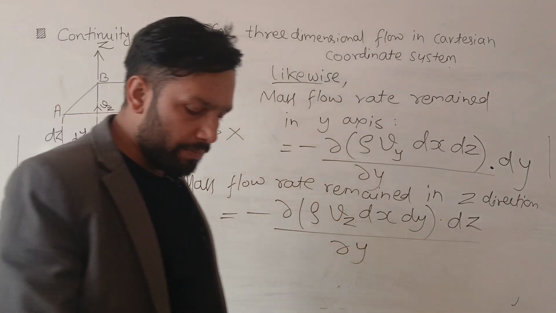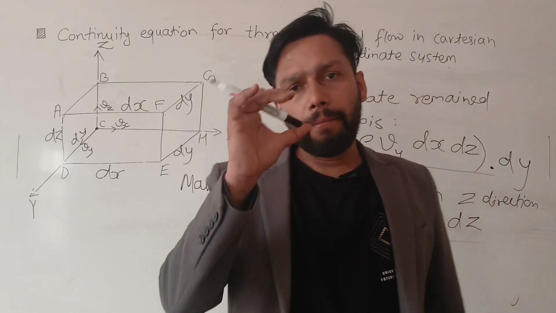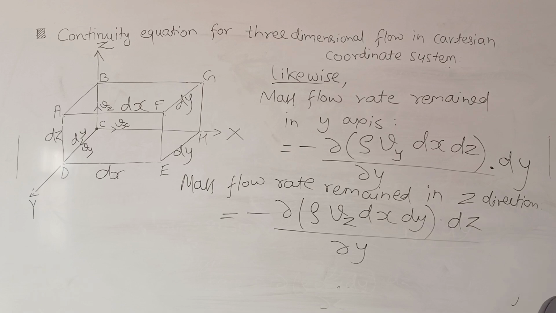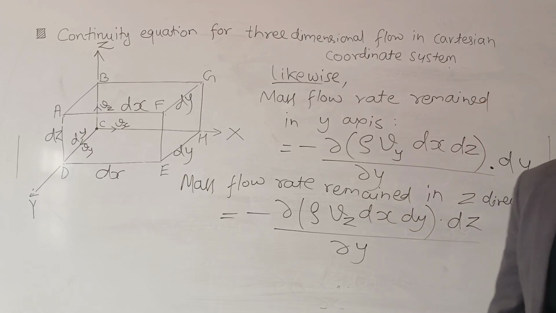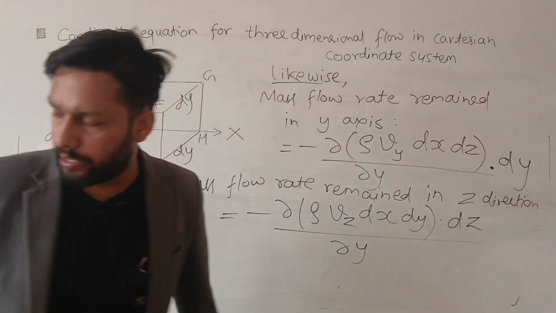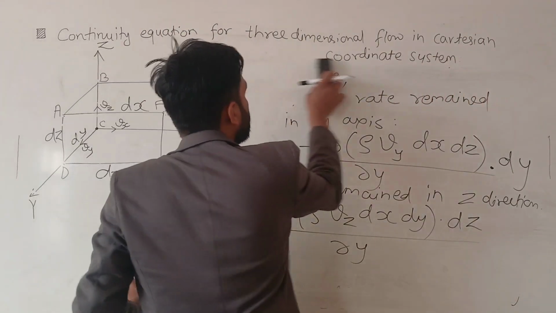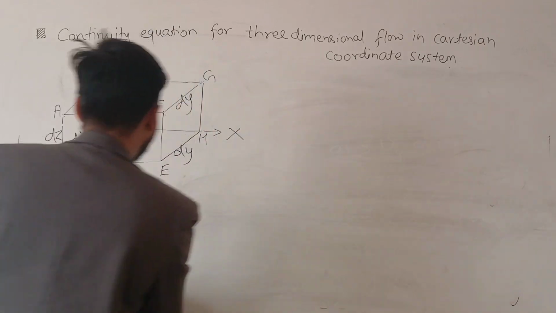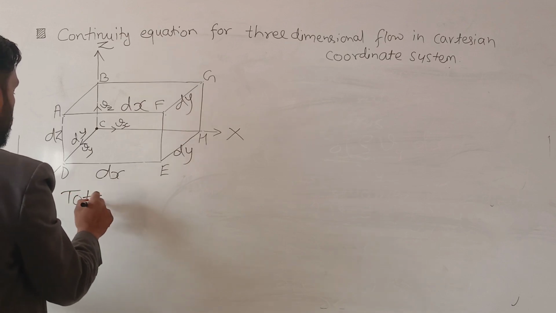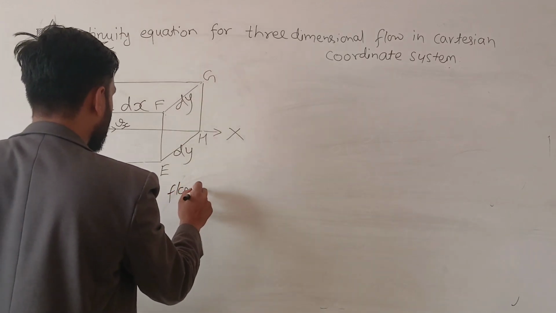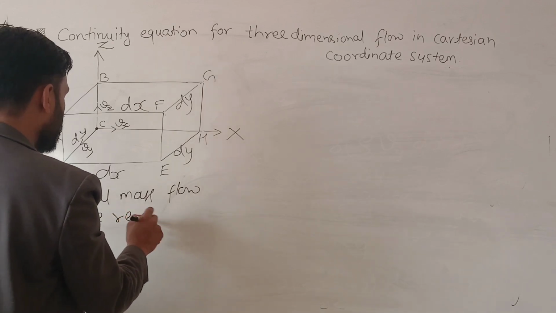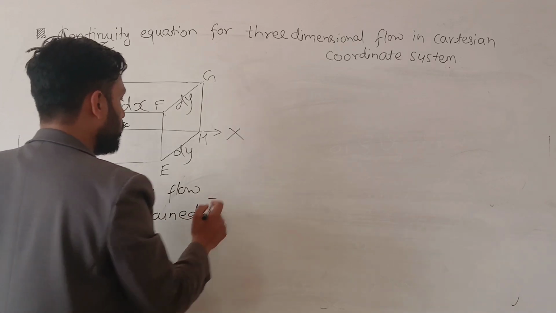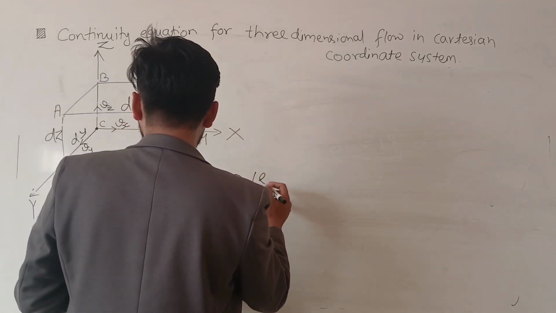All right. So we have to add all these mass flow rates flowing through this rectangular small control volume of prism. Okay, so now let's add all these mass flow rates. Adding all these mass flow rates, that is, the total mass flow rate remained in control volume. Okay, so that is minus del rho